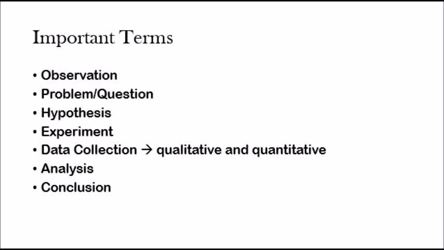Data collection consists of qualitative data and quantitative data. Qualitative data is data which does not have numbers, and quantitative data is data that has numbers. So the easy way of remembering the difference is quantitative has an N for numbers, qualitative has an L, so it doesn't have numbers. Examples of qualitative data would be things like color, taste, smell, emotions, things like that. Quantitative data would be things like graphs,